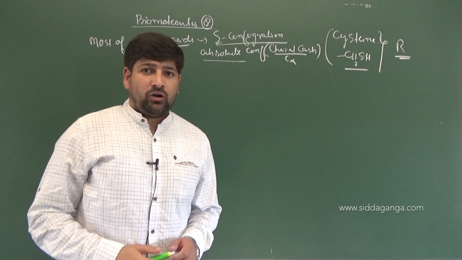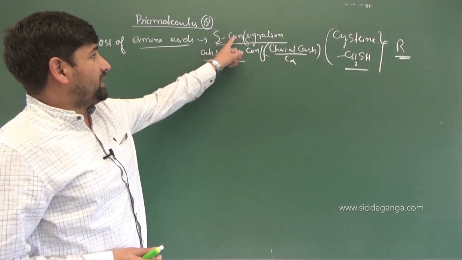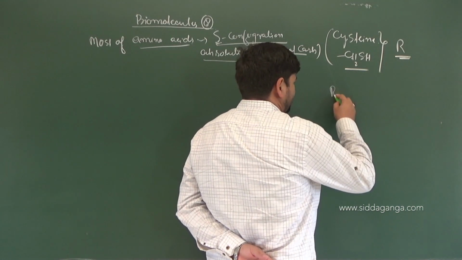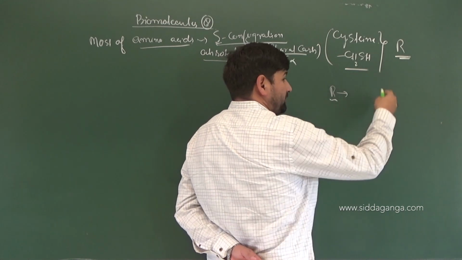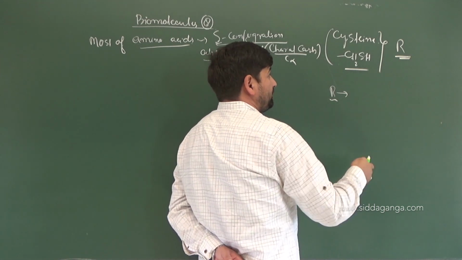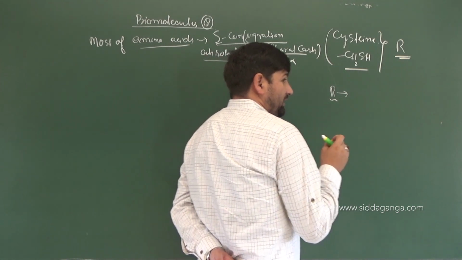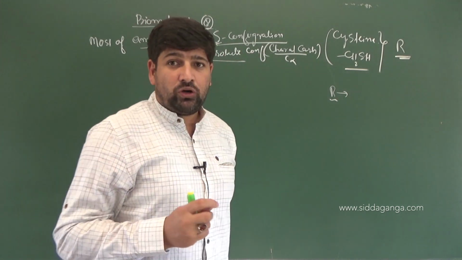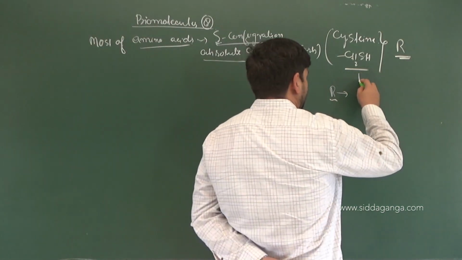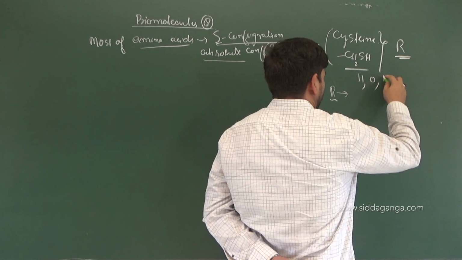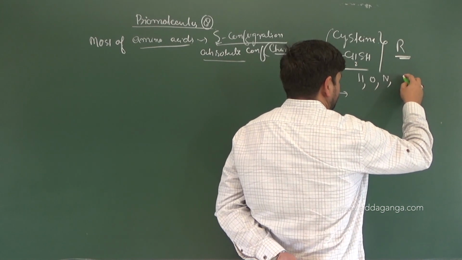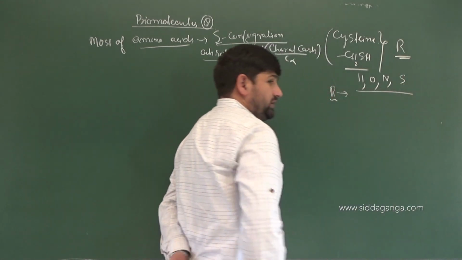Most of the amino acids, as I said, are in the S configuration. You can have a side chain, as I mentioned already. So we have a side chain R, which can be made up of different groups, and even inside the side chain there may be different stereocenters attached to oxygens or other atoms. In amino acid chemistry, the 4 important atoms on the basis of which R and S configuration is decided are hydrogen, oxygen, nitrogen, and in cysteine, where disulfide linkages are developed, the side chain is S. So these are the atoms which we need to take into priority.